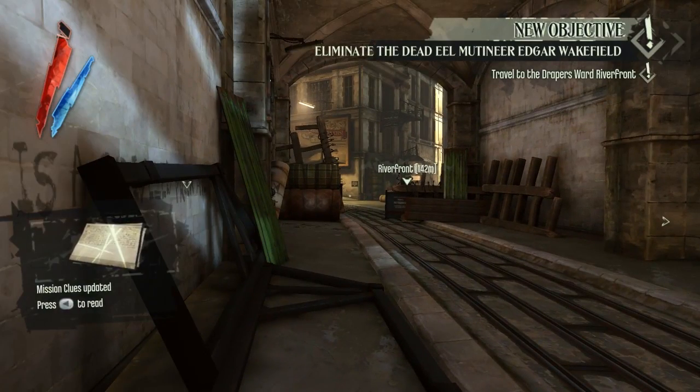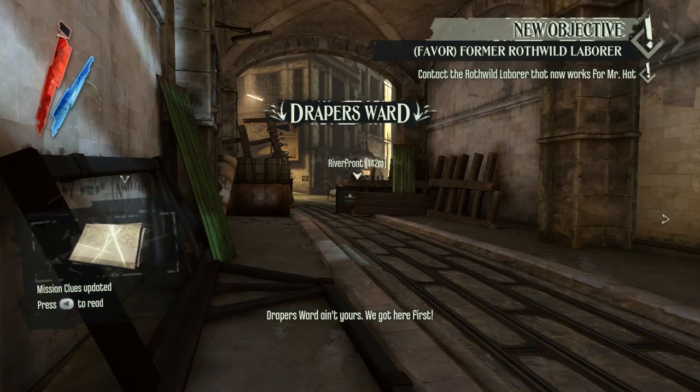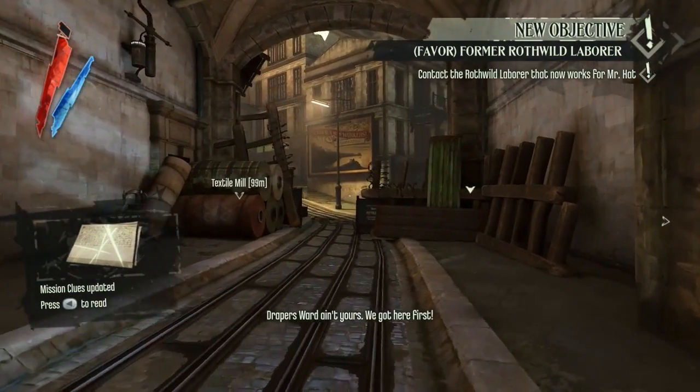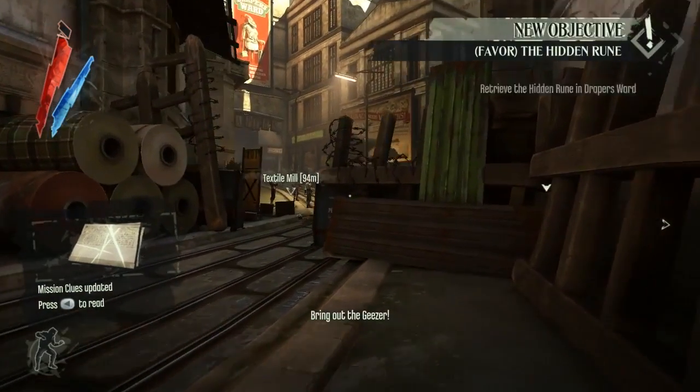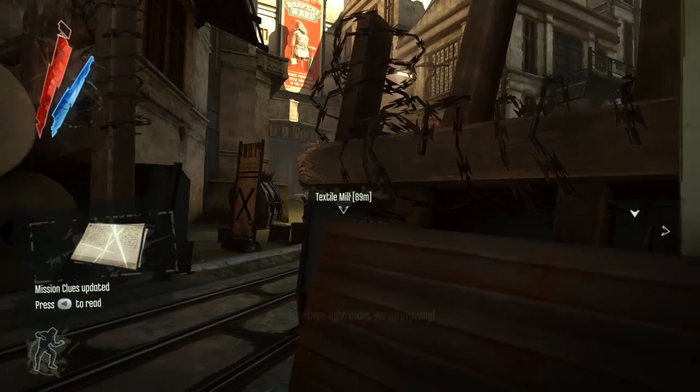So it's the second mission. I need to get access to a boat in order to go upriver and get outside of Dunwall a little bit. So this mission is about paying back a...